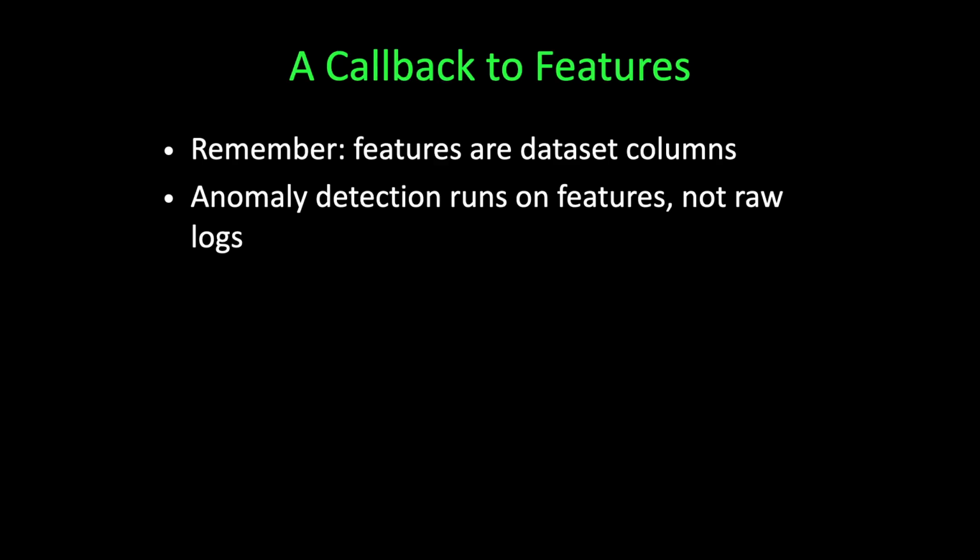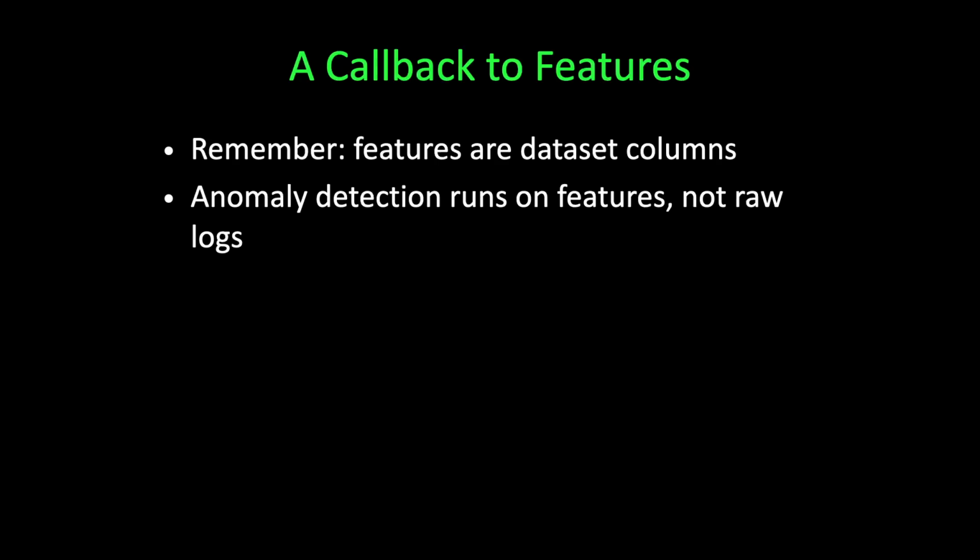Let's connect anomaly detection then to something that you already know from previous videos. Earlier, we defined a data set as having rows and columns, like a spreadsheet. Each row contains an example, so each row would be an entry in a log file. Each column is a feature. We labeled those features through an exercise. That's what we would call it in this context.